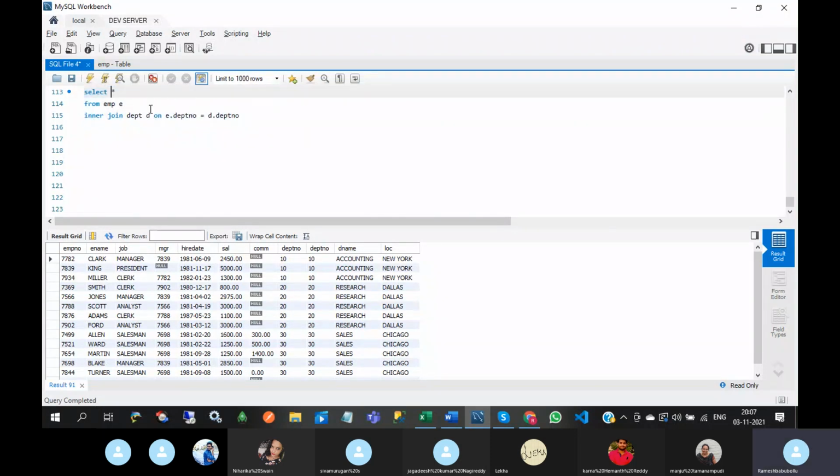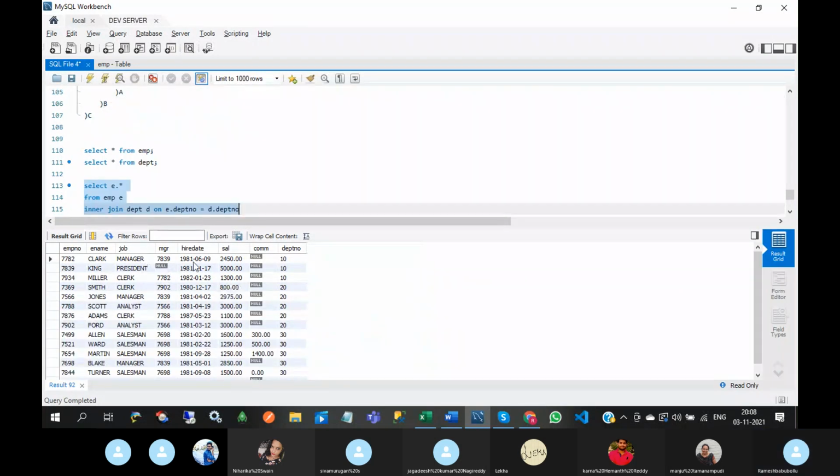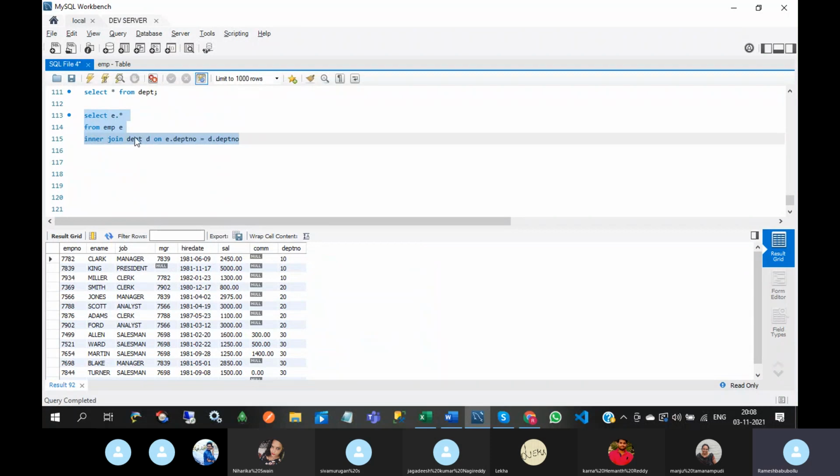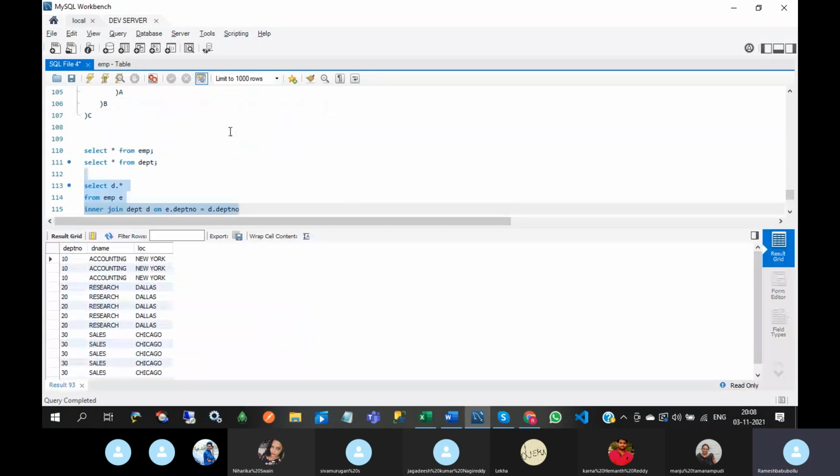And if you put E dot star, E is the alias name of EMP, so when you execute this you will get only employee table columns. If you put D, you will get department table columns only.